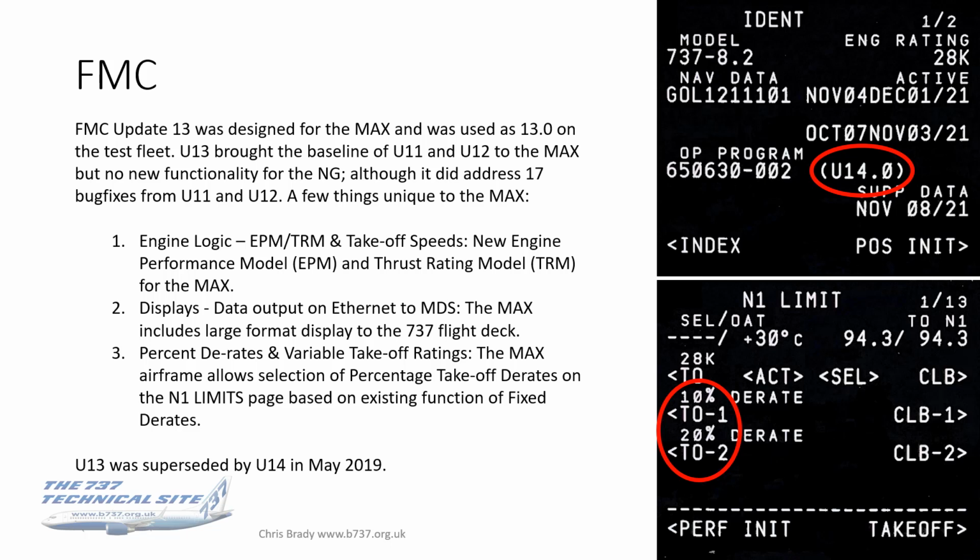So it allows selection of these on the M1 limits page, but based on the existing function of the fixed D rates. Now, something I'll draw your attention to on this lower photo is that M1 limit page number. It's page 1 of 13. Unfortunately, I don't have any of pages 2 to 13 to show you, but what they are is a list, a database of airfields and runways,